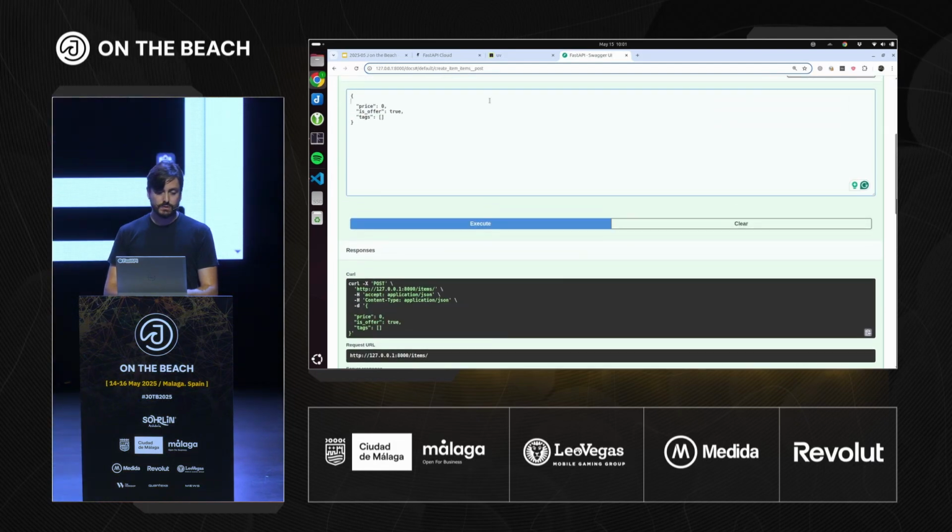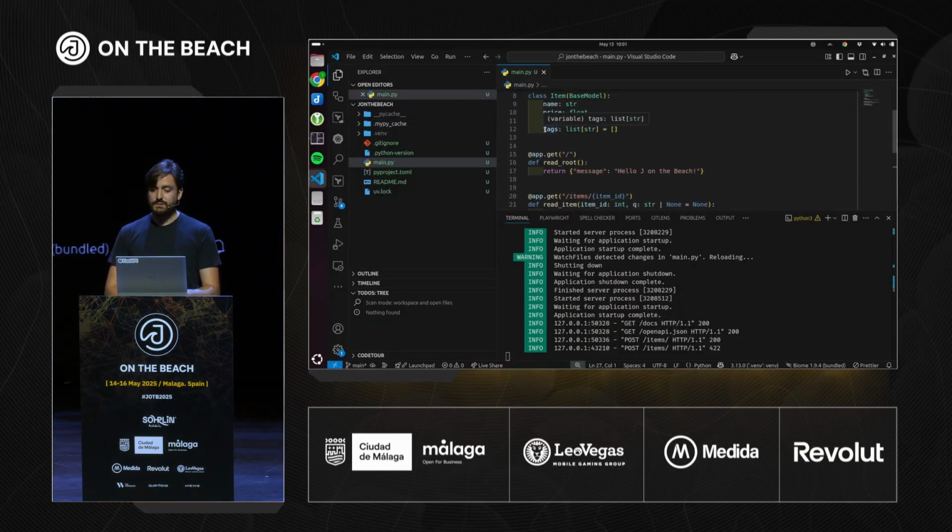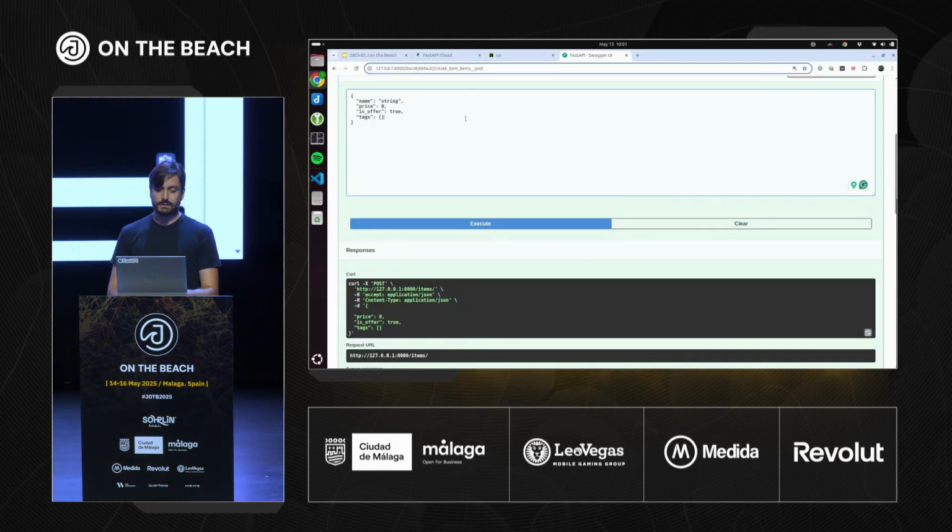And this goes even down to the internal data. So for example, in this case, we have tags as a list of strings. What happens if we pass something that is not like that? So let's say this is not a string. This is going to be an object that has a name, and the name is papa frita. I really like papa fritas. I don't know what's the thing against papa fritas.